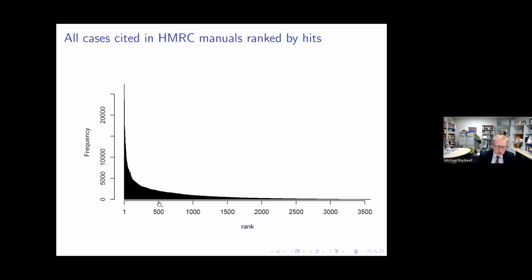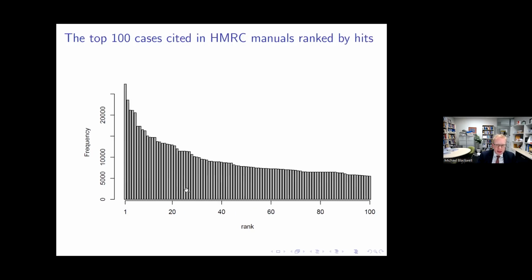And then the 500th case gets only around 2,000 hits. And so there are large numbers of cases, but basically a small fraction of cases are the ones that provide the biggest guidance value. If you look at this shaded area here, the top 500 cases provide by far and away the most guidance value. And even if we look at the top 100 cases, you'll see that after the top 20, it starts to plateau quite a lot.